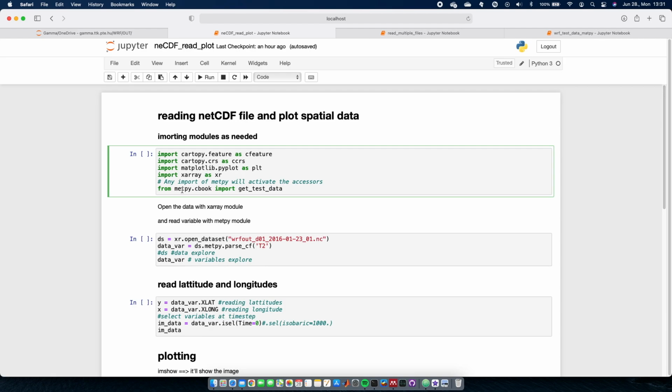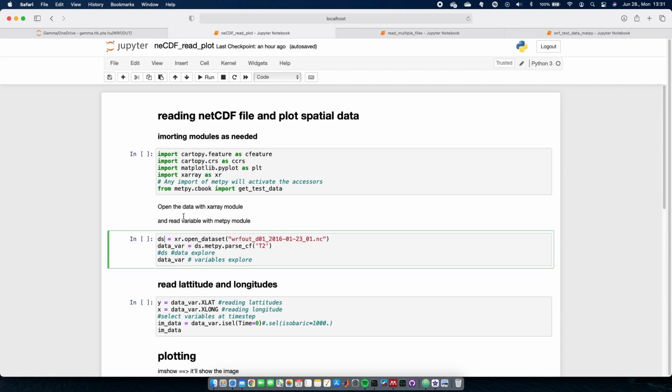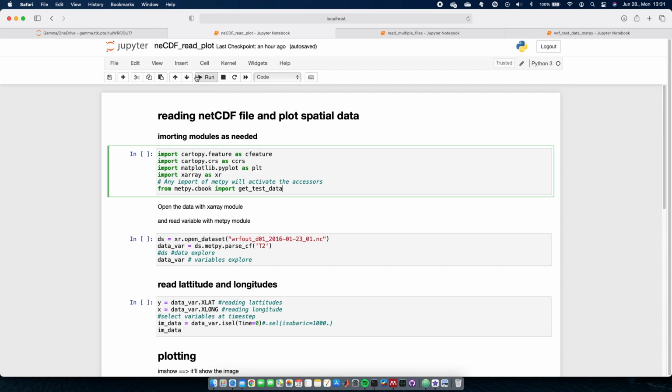And this MetPy is developed by NCAR, which is specially designed for netCDF files. You can find so many user-friendly packages in it. So in this line, first we will compile this. Good, it's compiled. How do you know whether this cell is compiled or worked well? You can see here this is empty, which means it is not compiled. You didn't do anything with this cell.